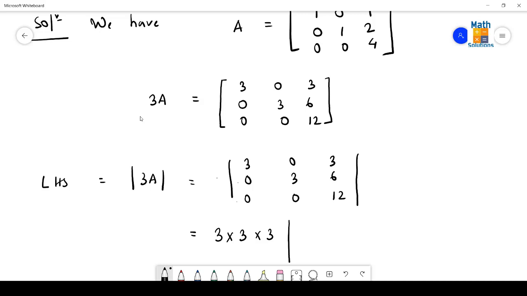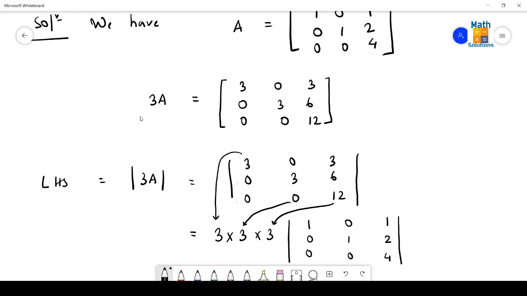So how will this be looking like? Here only 1 will be left, 0 0. When 3 is taken out from this, one 3 is taken out from this column, other one is taken out from this column, and the third one is taken out from the third column. We can do this row wise also. So here what will be left? 0, 1, 0, and in this case it will be 1, 2, 4.